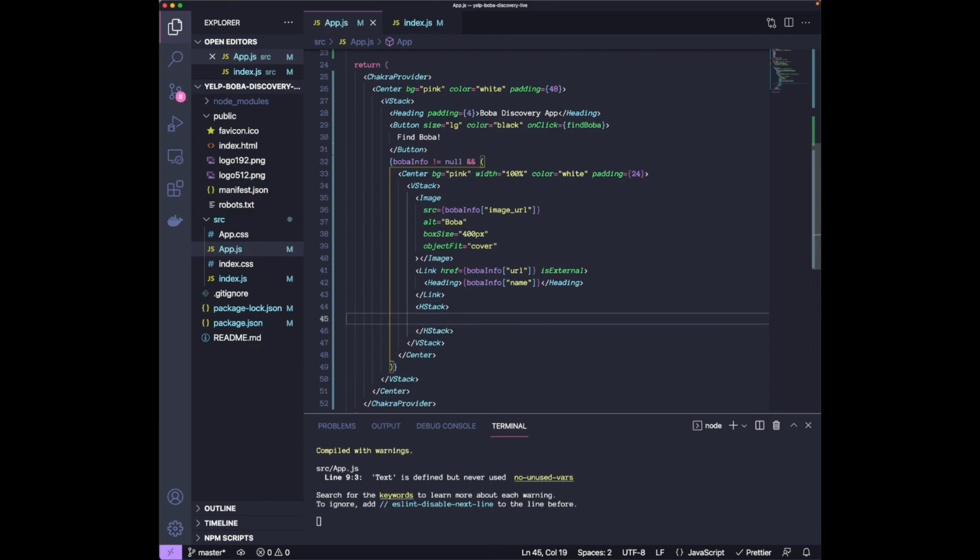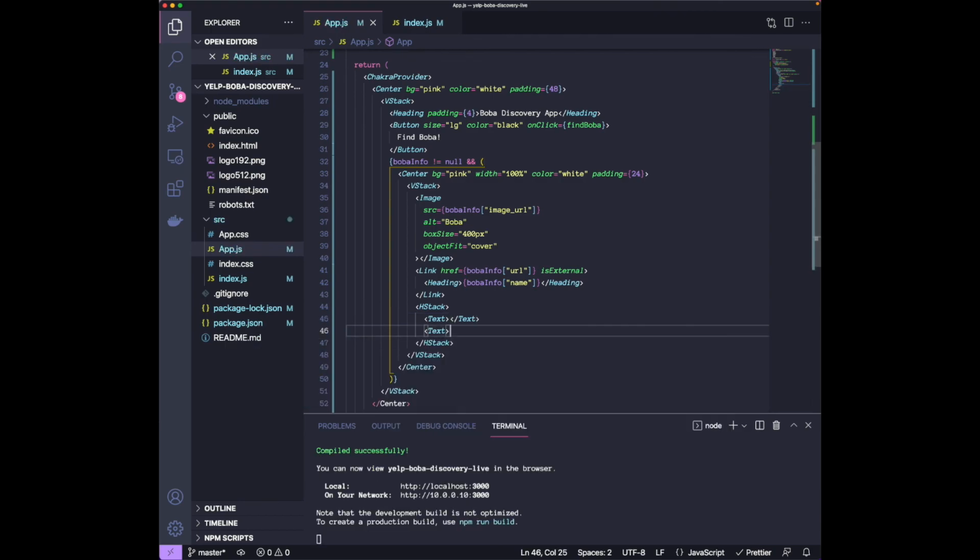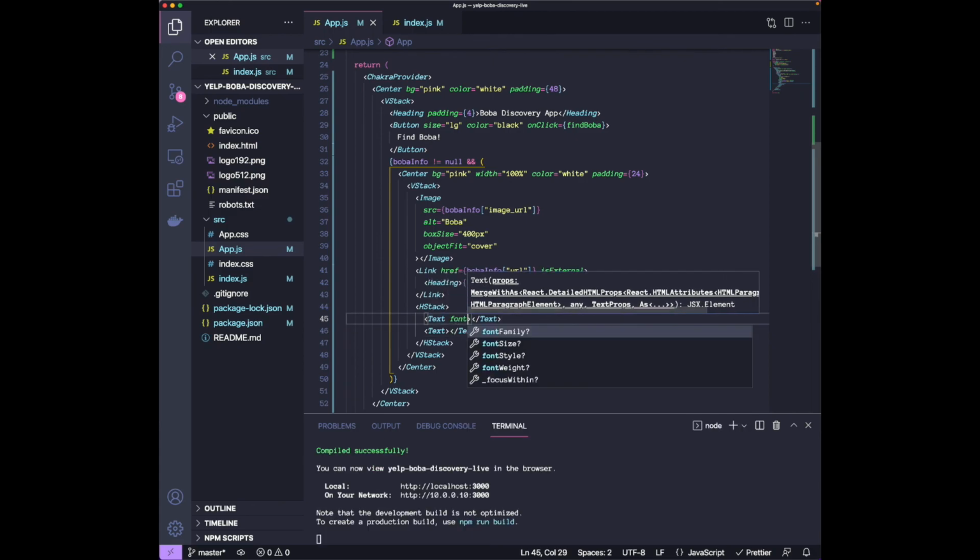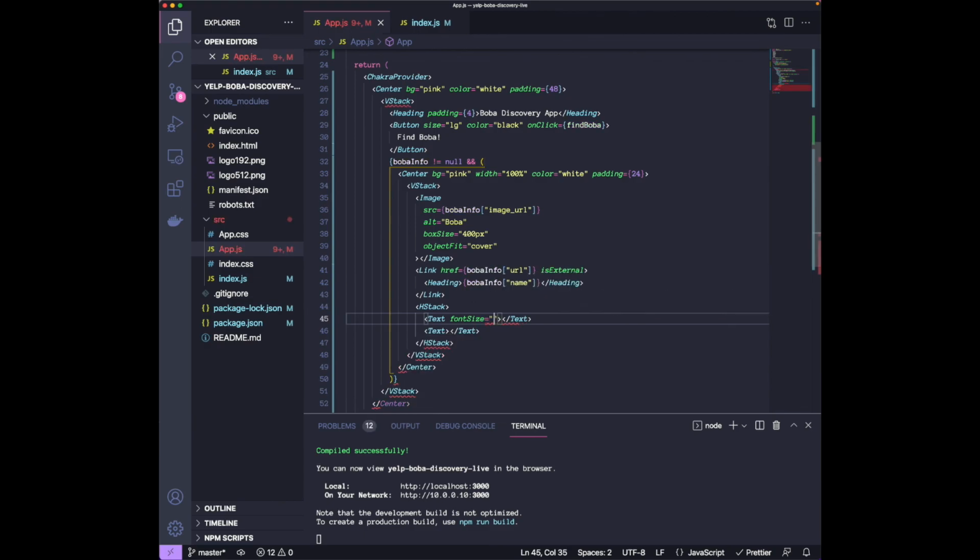And within the horizontal stack, we're gonna have the two text. One is gonna be for the reviews, another is gonna be for the rating, right? So for both, I can give it a font size. Let's just give it 3XL. Let's copy this